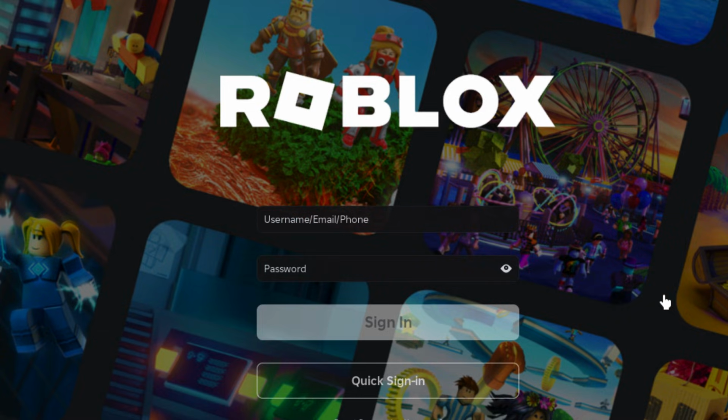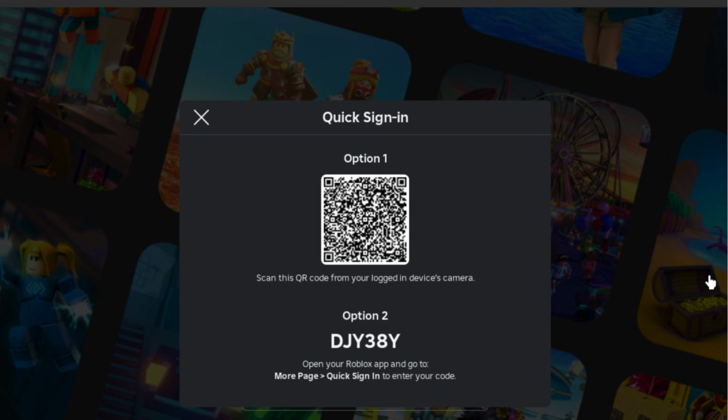If you don't have an account, create one. If you already have an account, click on Sign In and then click on Quick Sign In. You will see a QR code and a code below it. You can scan the QR code to go to the link and enter the code, or use the Roblox app